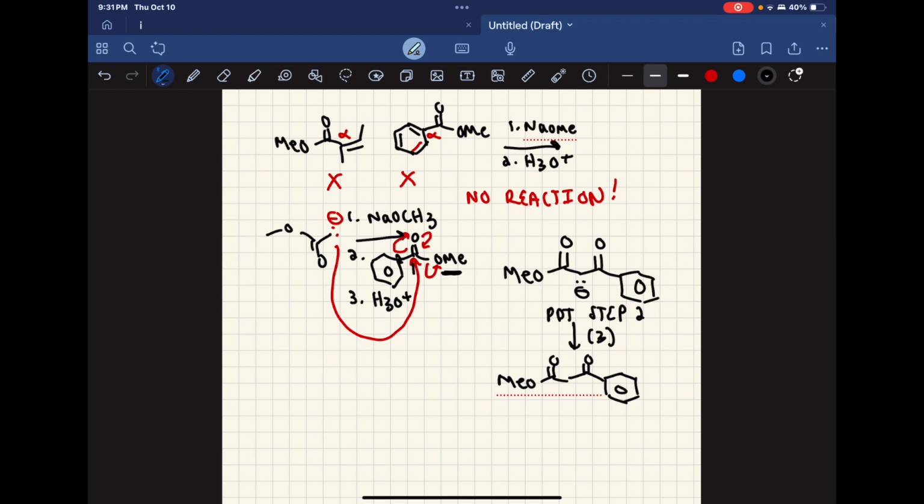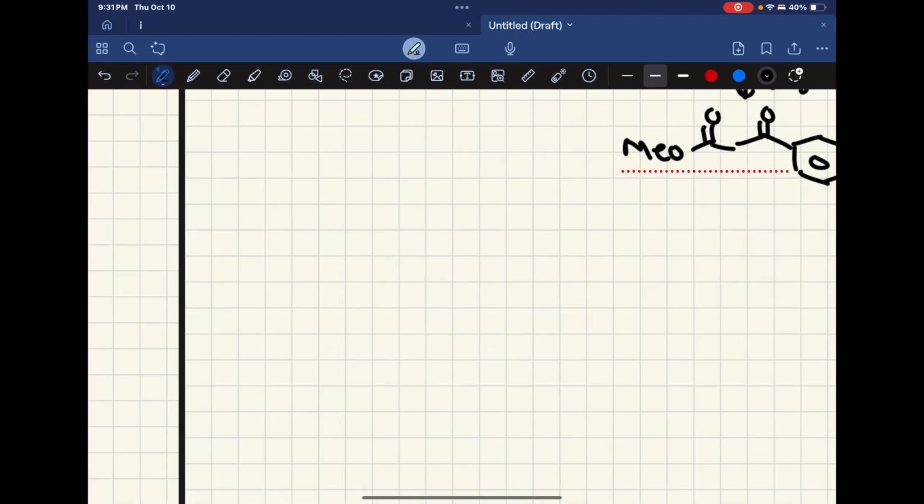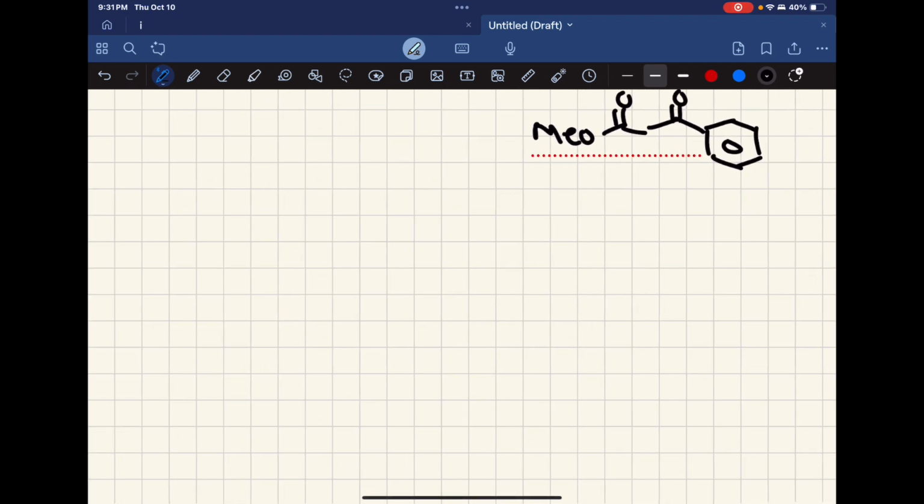Okay, so let's consider a Dieckmann condensation. This is just an intramolecular version of the Claisen reaction, so I don't want you to freak out. It's the same thing we've seen with intramolecular aldol, and it's actually, I guess, more similar to the Claisen we just saw. So if I gave you a structure that looks like this,